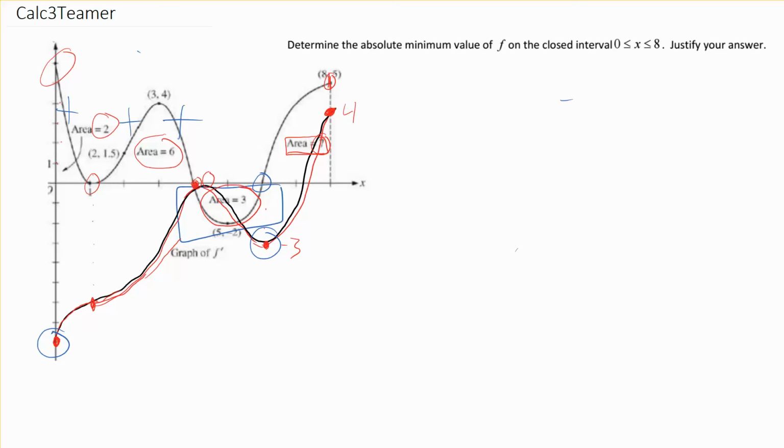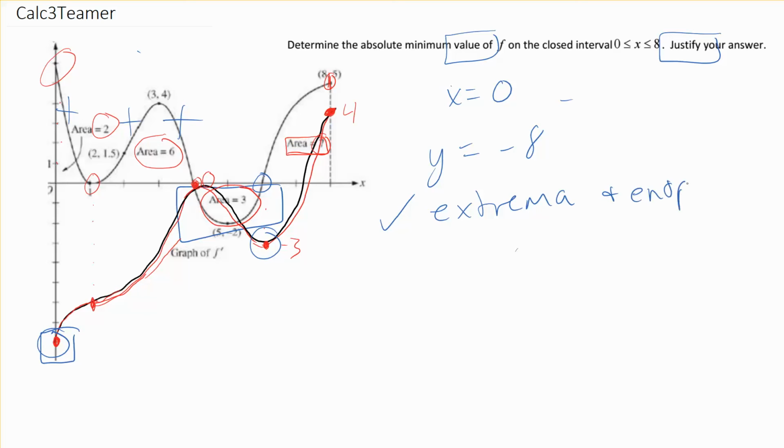All right, now that we've got it graphed, we want to determine the absolute minimum value of f on the closed interval from 0 to 8 and justify. So we've got it graphed, and clearly we can see that the absolute minimum is when x equals 0. And a lot of people answered and were pretty good with their thinking of, well, the minimum is when x equals 0. But the value was required as far as saying the y value is -8 is the minimum value. The justification we're looking for here is to check extrema